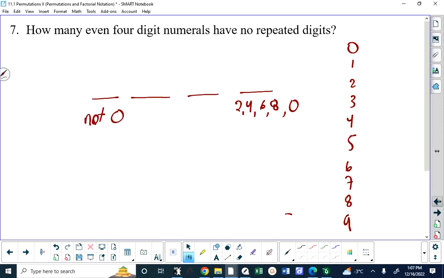And yesterday when we did this with an odd one, we discovered that depending on which of those two restrictions you tackled first, you could get to an answer. But if you chose the wrong one first, filling in the second blank was impossible. Okay? What we're going to discover here is it doesn't matter which one you choose first, you're going to have a conflict. For example, if I said, well, this is 9,